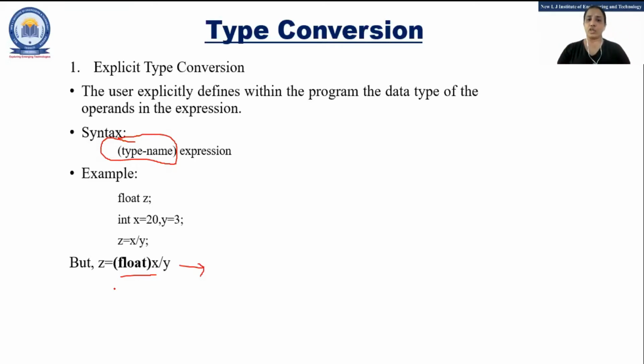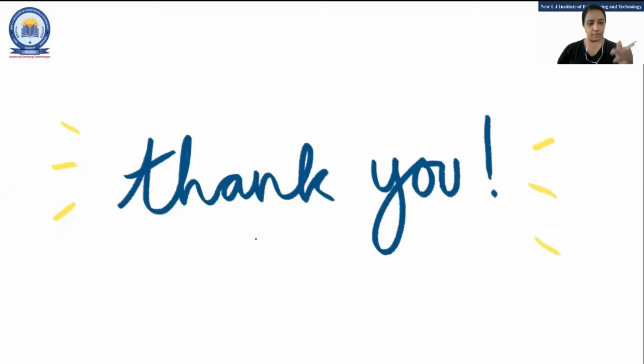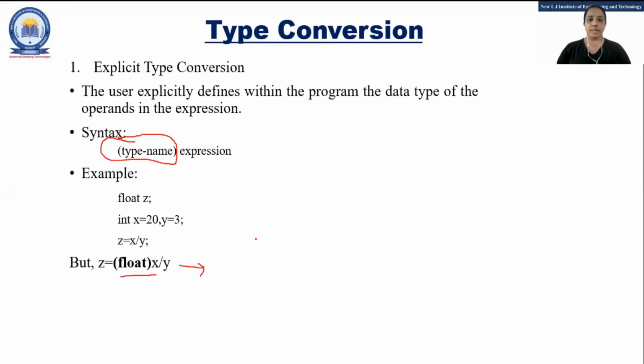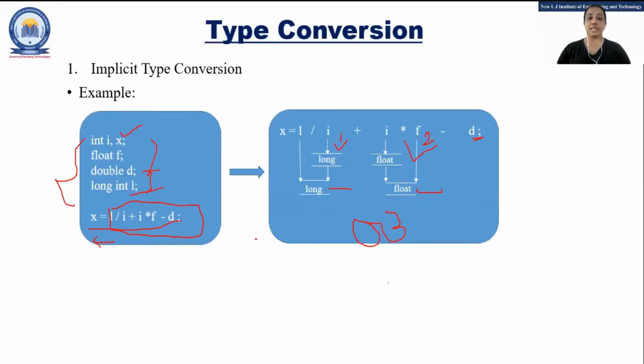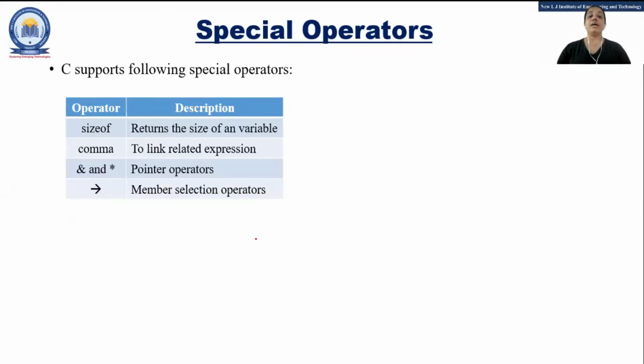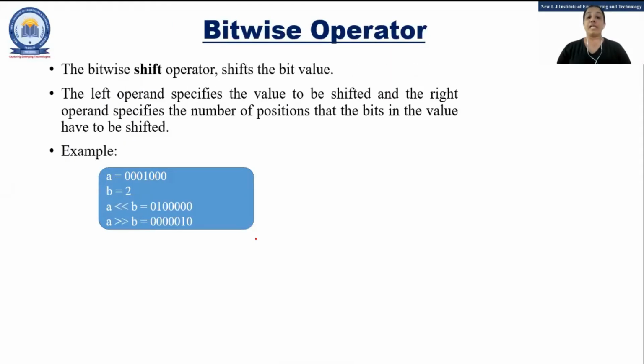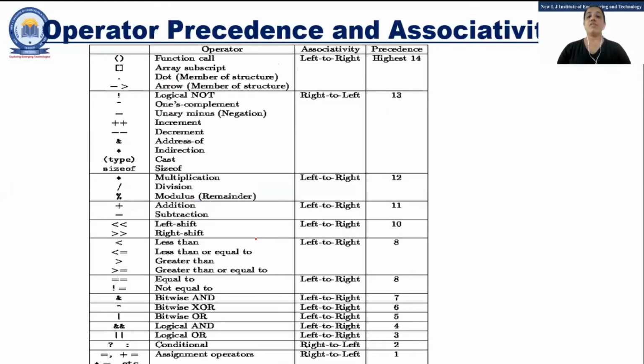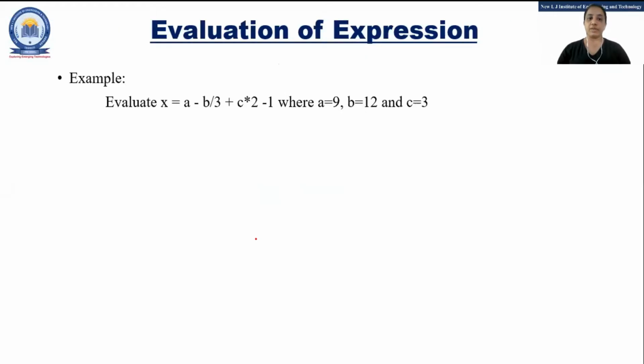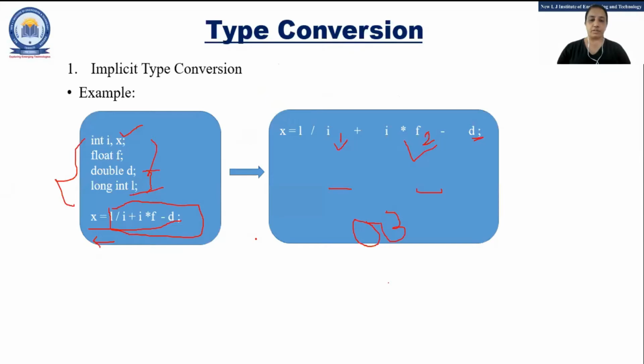It will be the last topic. Some formatting of IO functions is there, that means in scanf and printf, which we will see directly in a program. But this is the last topic of unit 2, I think. Type conversion. So what we have seen in unit 2 is mainly operators, how to evaluate expressions, what is the precedence and associativity, and the type conversion. Fine. So any doubt up to this?